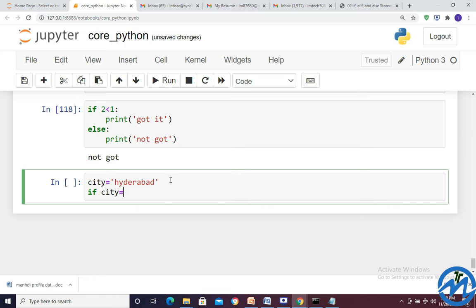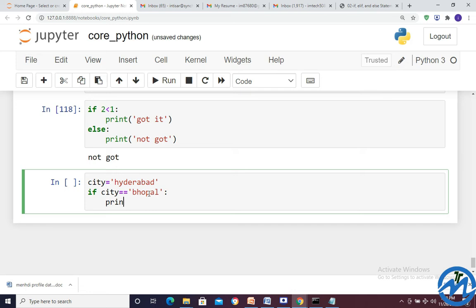If city is equal to, if city is equal to, city is equal to Bhopal, print welcome to Bhopal.